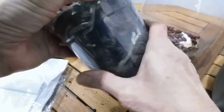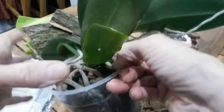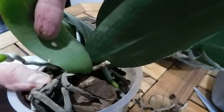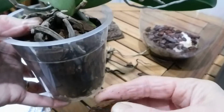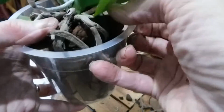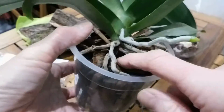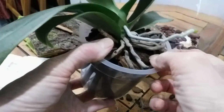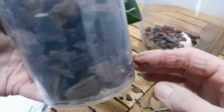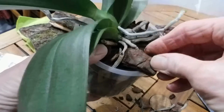And I haven't got any of the Orchiata bark left, so it's just a case of making do with this larger bark. There's that nice growing tip, can you see? And I don't want to, of course, damage that. There's a nice big piece, look at that. If I can get that just to wedge there. It's all about making the orchid feel nice and snug in its pot. I've had to more than once take an orchid out of its pot simply to make those roots more secure,